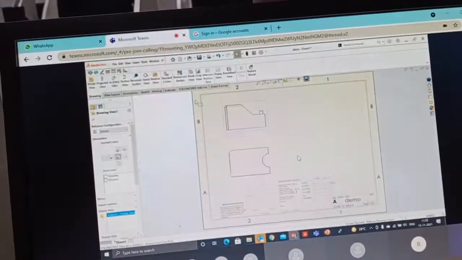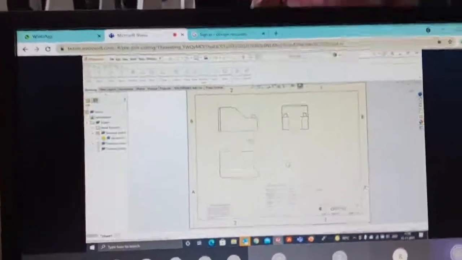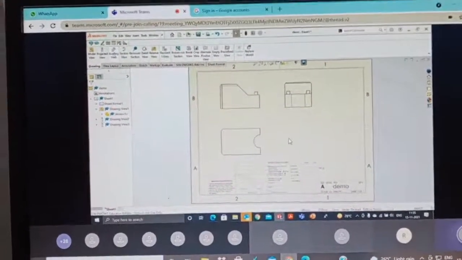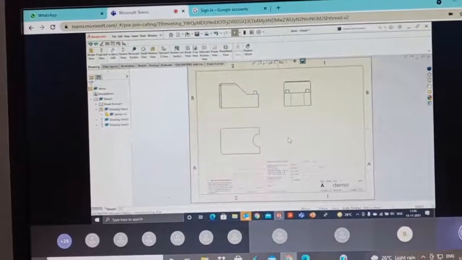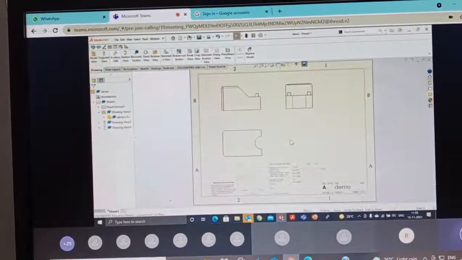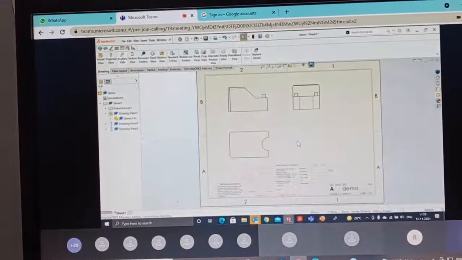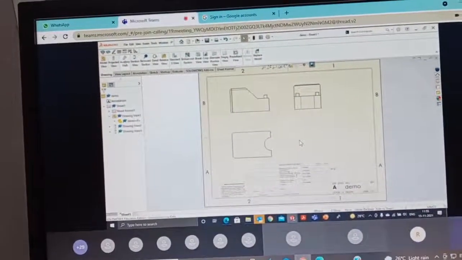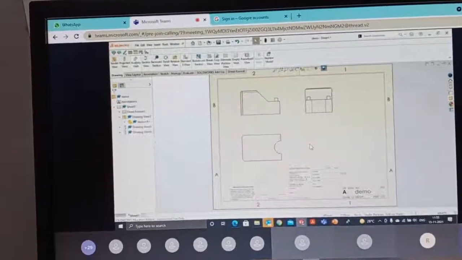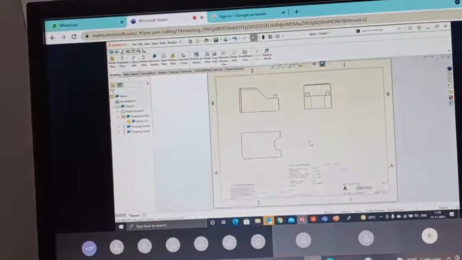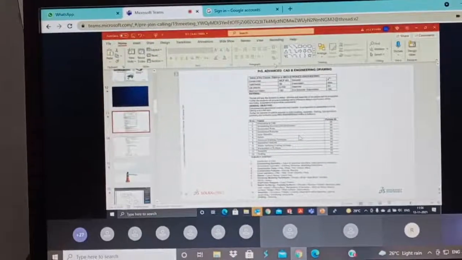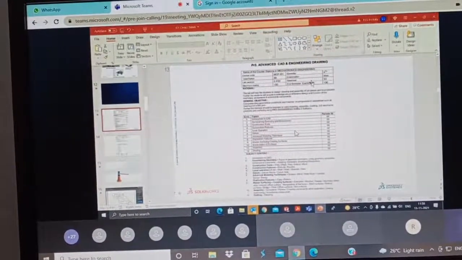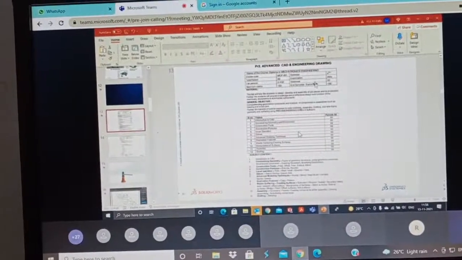See, as I am creating the different projection view, that also you can do. See, different isometric view also, if you want to draw, that is also possible. And not only that, if you want to change its visual style, that also you can do. So this is how, by using SolidWorks, this particular syllabus is very much easy to complete, that advanced CAD and engineering. Okay. Now, coming to the next,